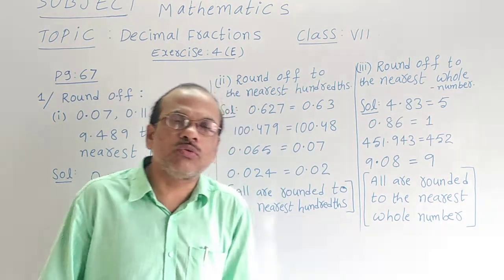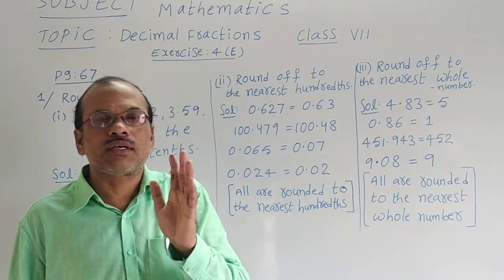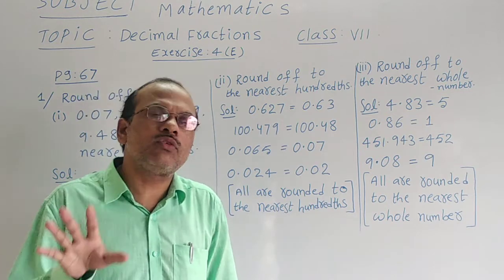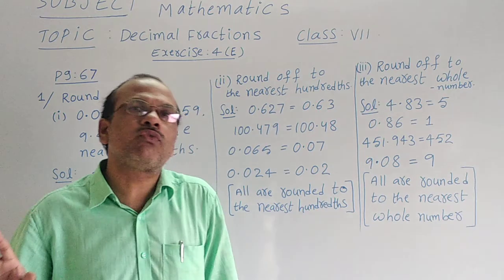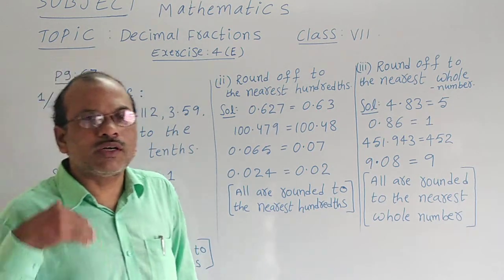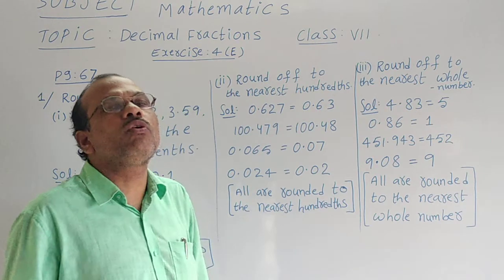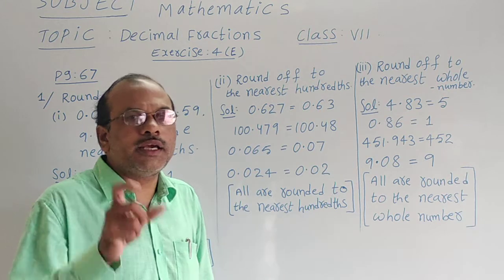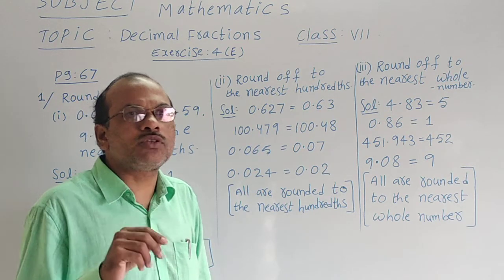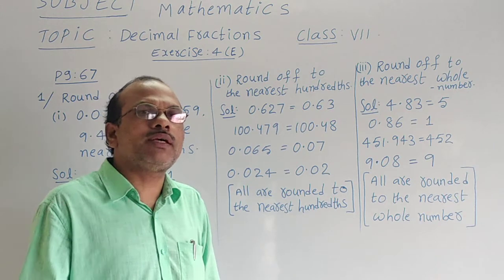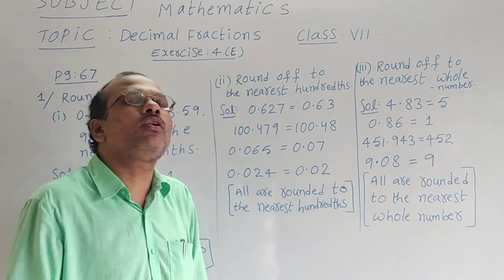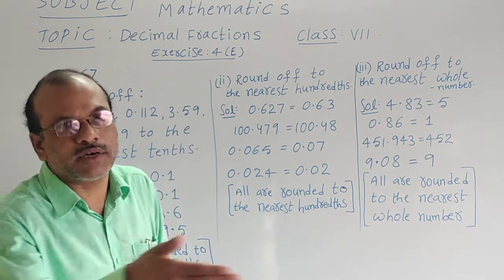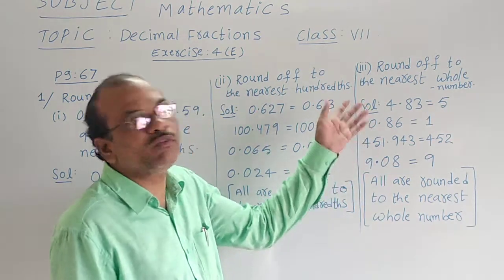Suppose you want to give money to someone, 4 rupees 80 paisa or 4 rupees 90 paisa like that, you will not give the paisa and simply you can directly give 5 rupees to them. That is also you are making into the nearest whole number and you are paying it. Is it clear? Suppose any item costs 12 rupees 50 paise. So 50 paise change may not be with us. So then 13 rupees will be paid. That means we are rounding the numbers to the nearest whole numbers. In our daily life also we are doing that. The same way we are rounding it.